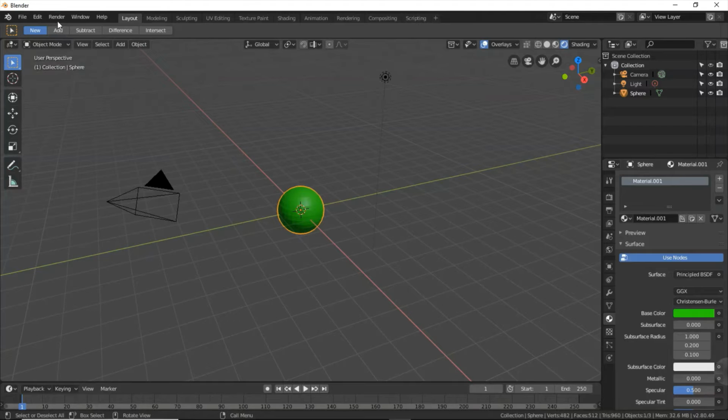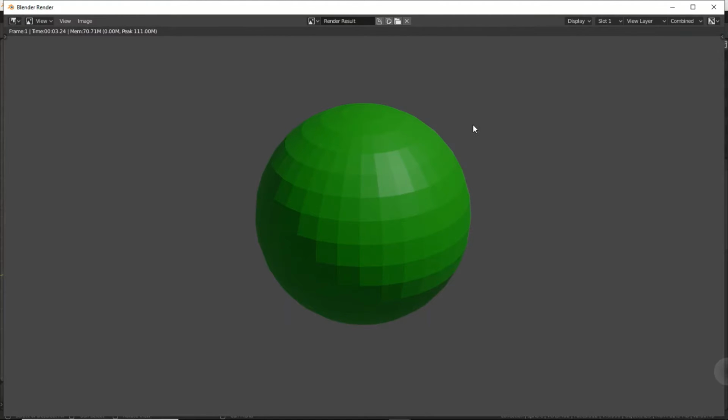Now I press Render Image. As you can see, the green color UV sphere is stored in slot 1. There you can see slot 1. Now I want to change this to slot 2. Minimize this window,